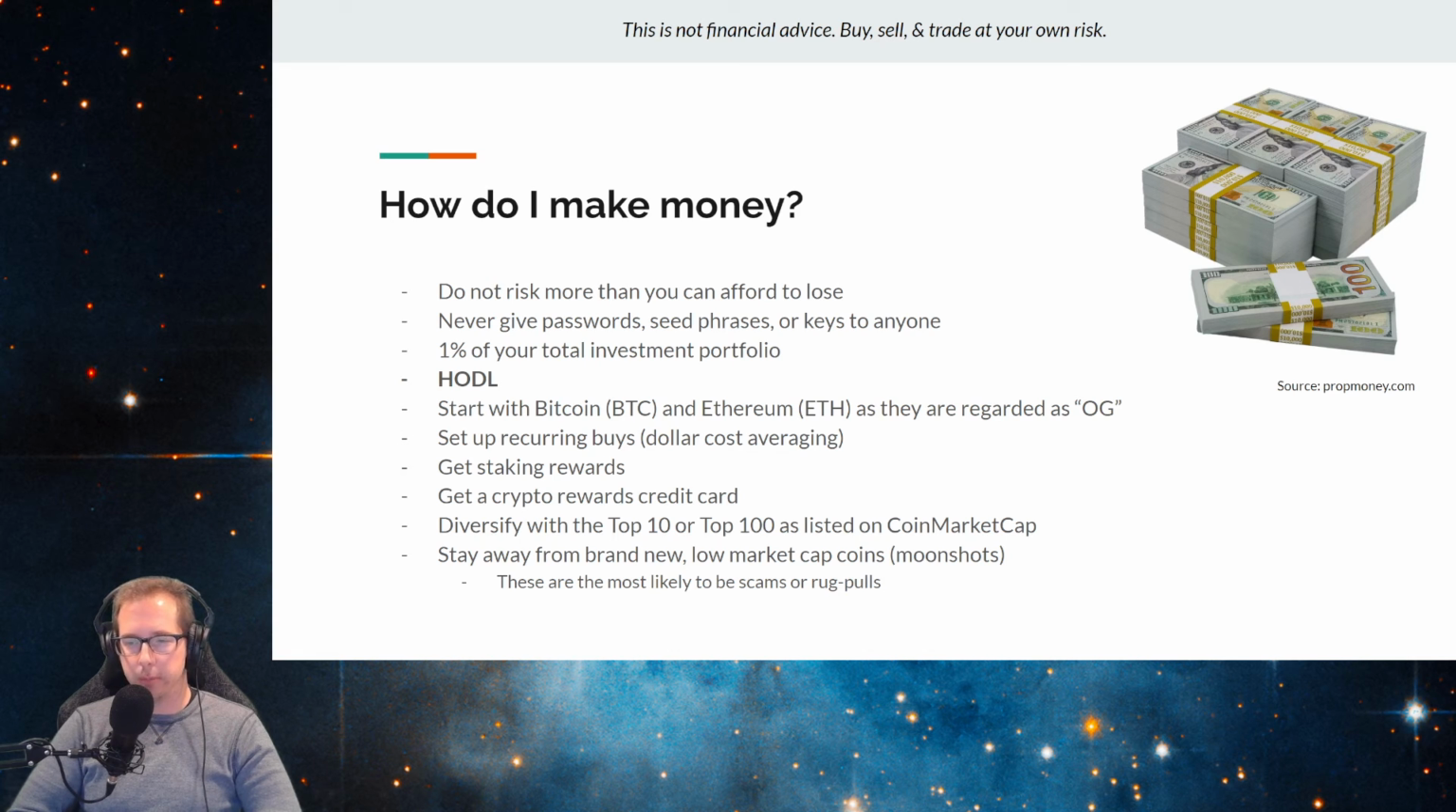And just in general, the coins that are most likely to be scams are brand new, very low market cap. Some of them, like Shiba Inu or SafeMoon, or some of those have turned out to be not necessarily scams, but time will tell. At least they have built up some projects around them and are trying to do some things, but